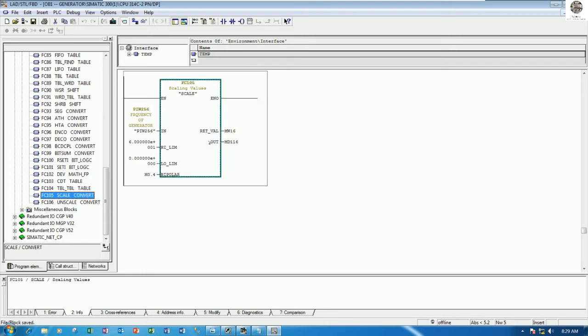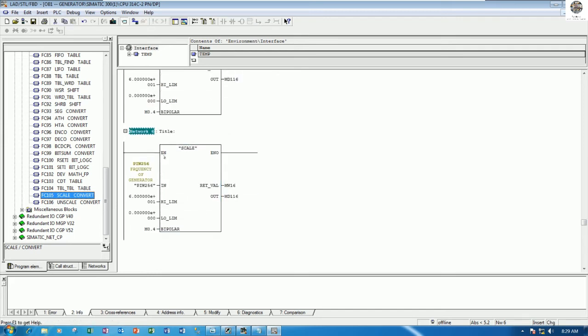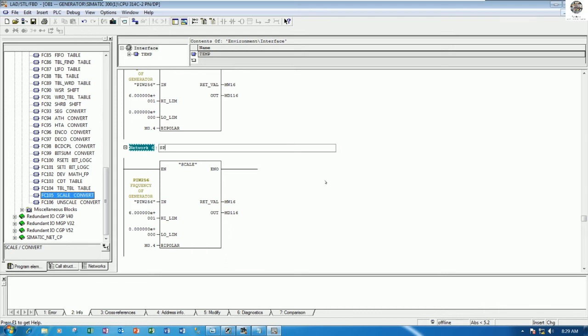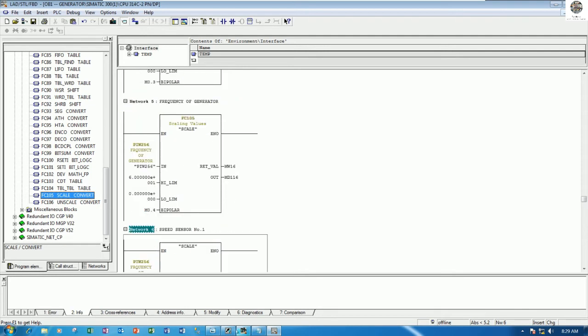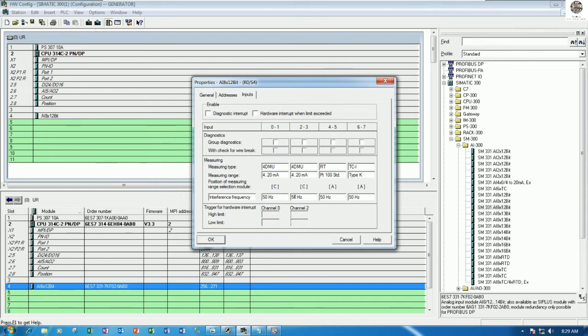I will create the speed. Yes, for speed is 3 position. Yes, this one speed sensor number 1. Okay, so I will start from PID 258, the channel number 2 of this card, right? This one. Yes,